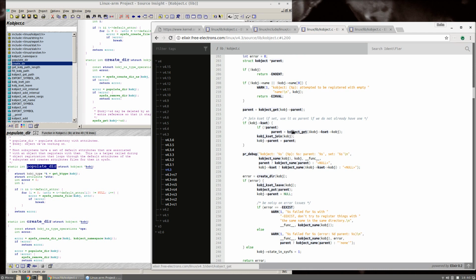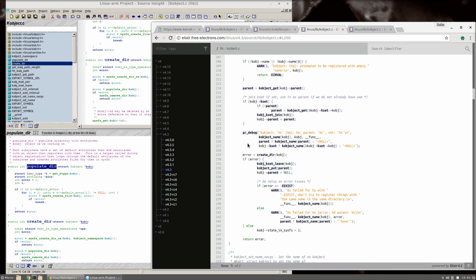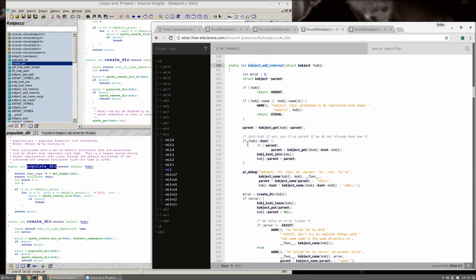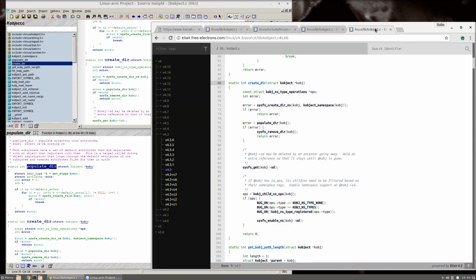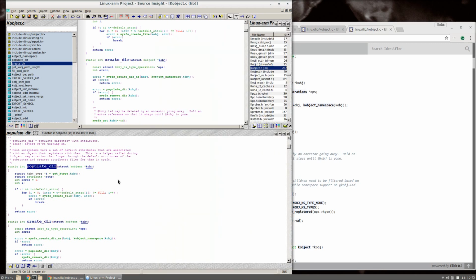No, I don't think either of these use the type. So the type is effectively used over here. I don't think the type is really used elsewhere. And the way it's used is to populate the directory within the sysfs. So perhaps that is an indication of why there is a type inside